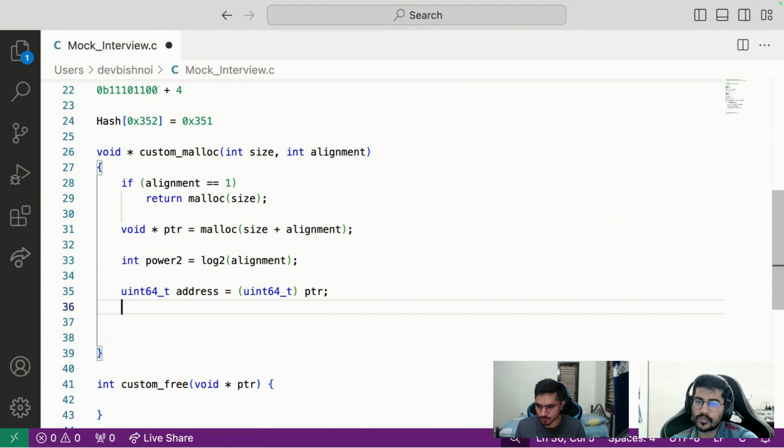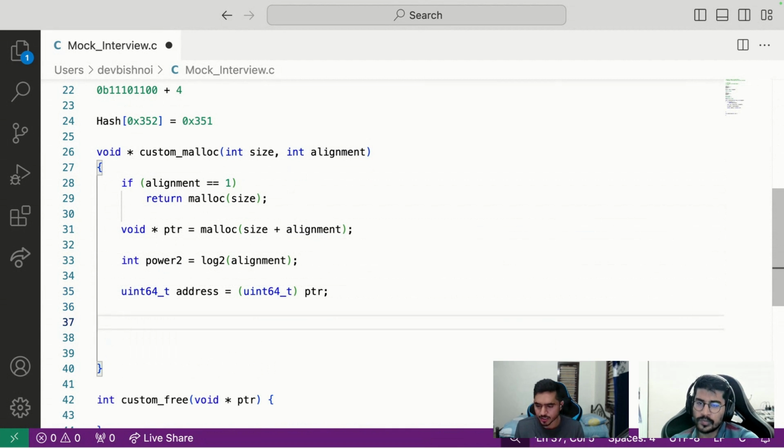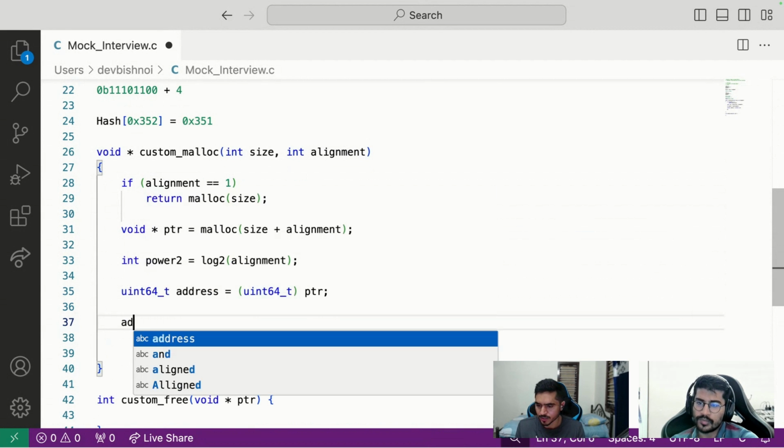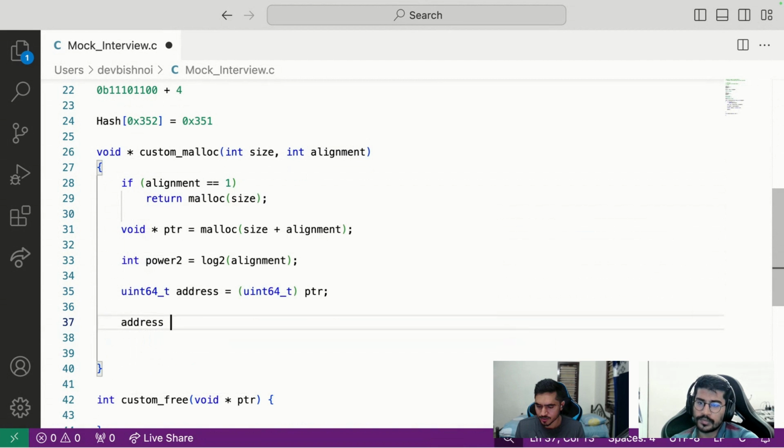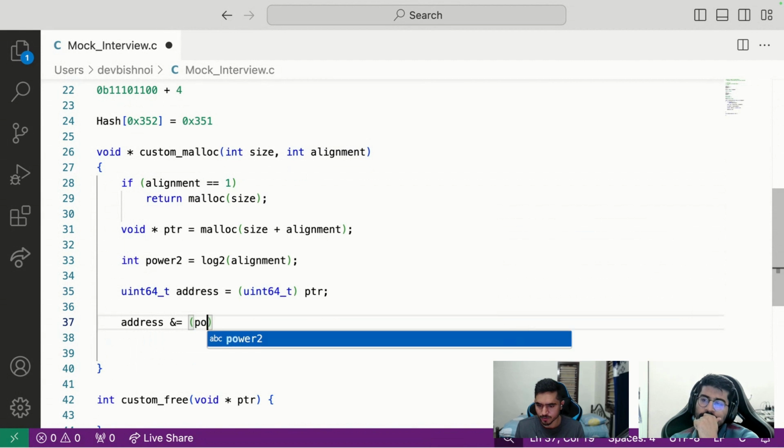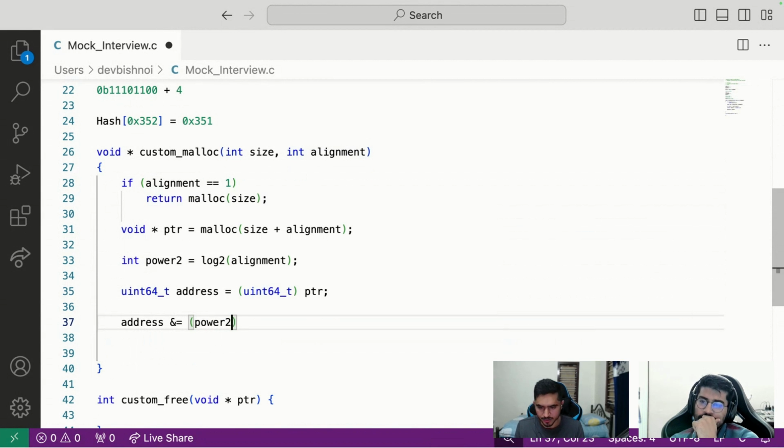I want to convert it first to an integer, and then flush out those bits. So address &= now, whatever power of 2 I have,